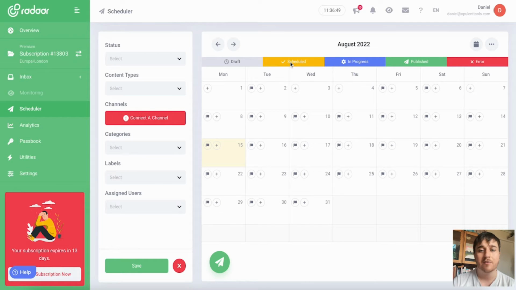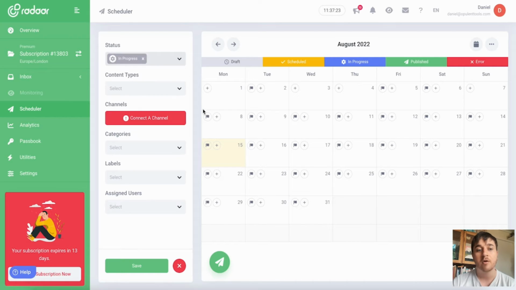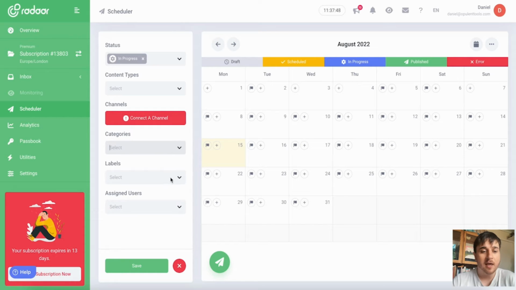For example, yellow if it's scheduled, blue if it's in progress, green if it's published, and red if there's an error, and then grey if it was a draft. We could also filter it, so we could select the status, draft, scheduled, in progress, published or error. If we want on in progress, then that would bring up all the posts that are in progress. We have content types, where we can select from image, video, gallery, link, text, story or reel, categories, labels, and